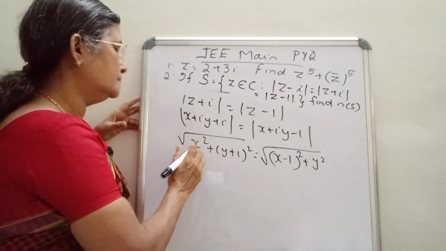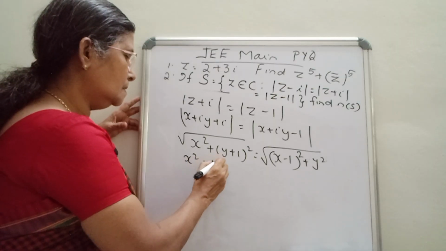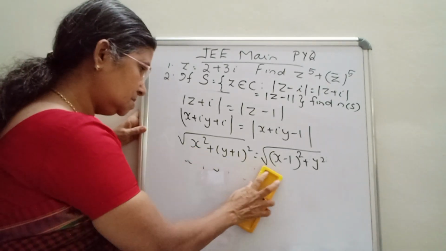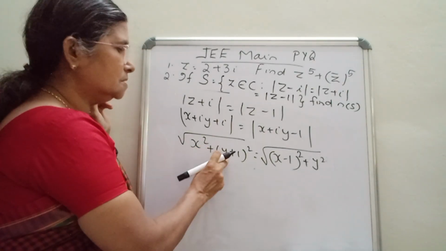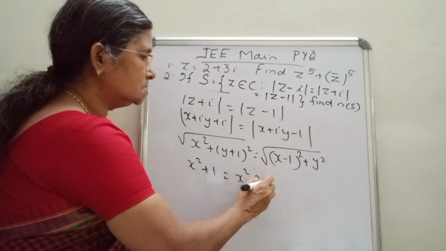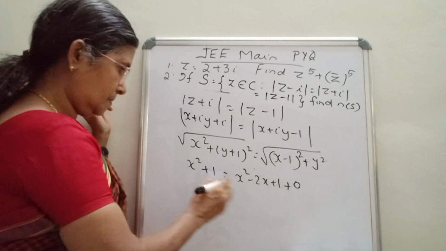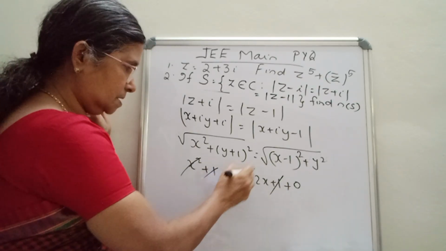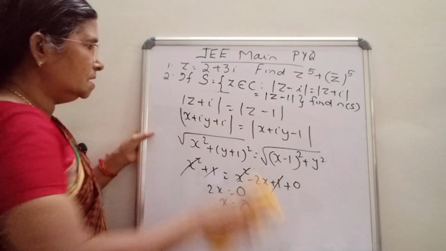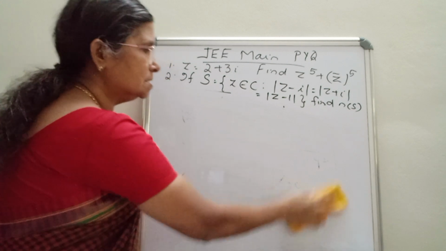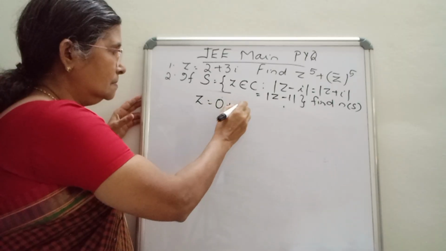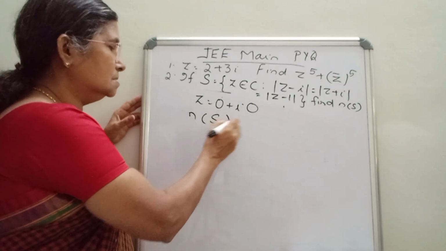Squaring on both sides, x square plus y square plus 2y plus 1. Substituting y is equal to 0, we get x square plus 1 equals x square minus 2x plus 1 plus 0. X square and 1 cancel. So 2x is equal to 0, x is equal to 0. We get z is equal to 0 plus i0, only one complex number. So the number of solutions is equal to